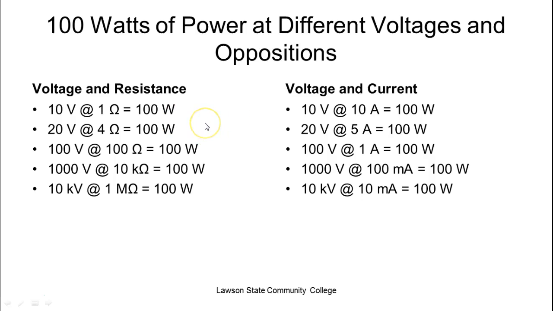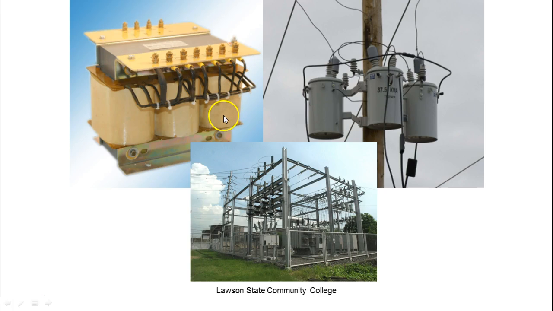Now the advantage of a low voltage is that it's safer. The advantage of high voltage is that it requires less current, which means we're going to be able to use smaller conductors. These are some examples of 3-phase transformers. This is what would be required at your house if you had 3-phase power to your house. And these transformers are not cheap. These are substations, by the way. Y'all have probably heard of these. These are the devices that step the voltage down for safety,